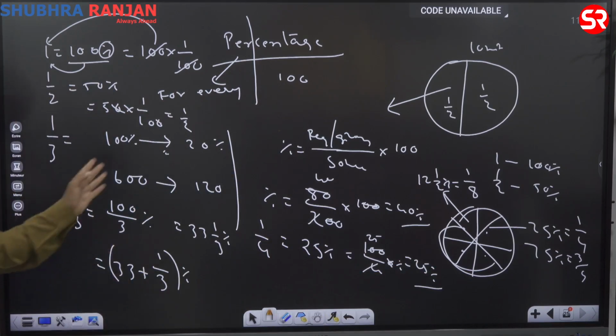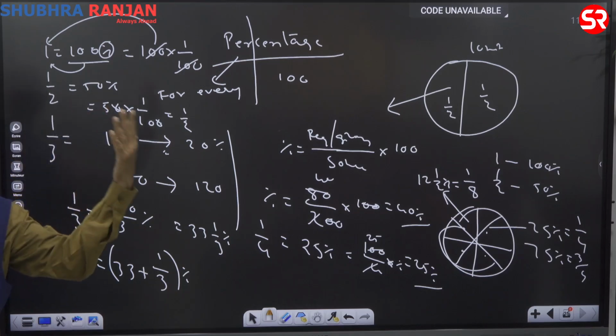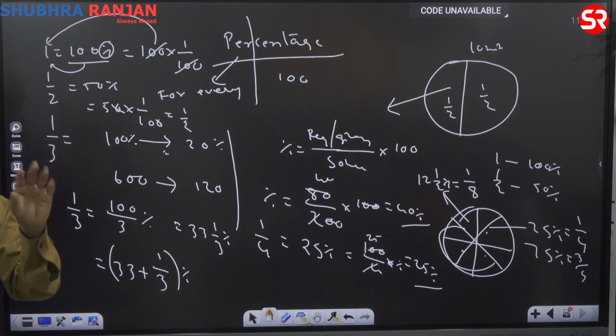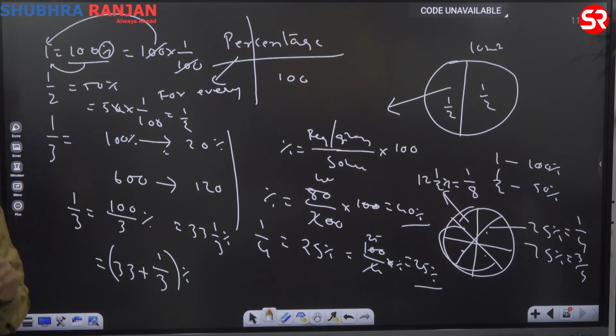If you want into percentage, you have to multiply with 100. If you want to fraction, you have to divide with 100. But multiplying, dividing is not the problem. How to make it fast, that is important. If I say 1 by 3, you have to tell 33 1 by 3. 1 by 4, 25. 1 by 6,